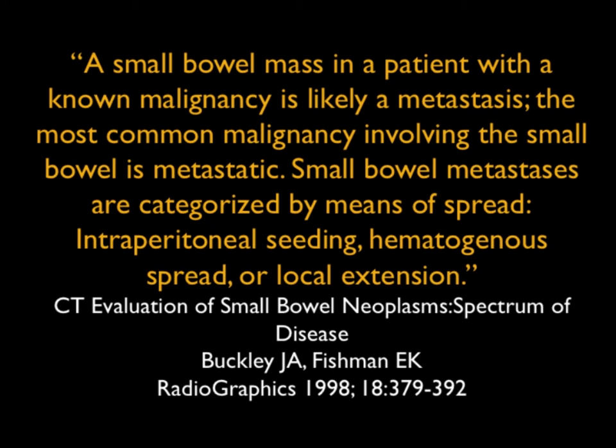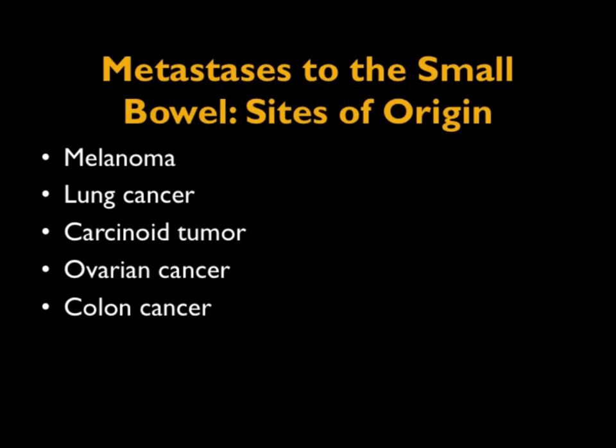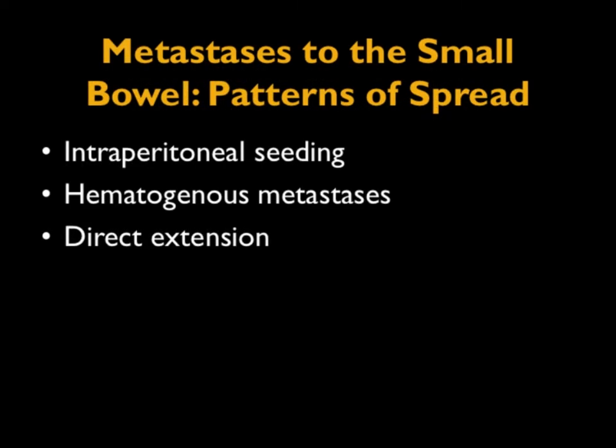small bowel metastasis. Mets to small bowel are becoming more frequent as patients are living longer, but it's something we often don't consider. The common sites of metastasis are melanoma, always on top, with lung cancer being number 2, but then carcinoid, ovarian cancer, colon, and kidney are up there. The key thing is there are really 3 types of spread: intraperitoneal spread, hematogenous, or direct extension, and they each have